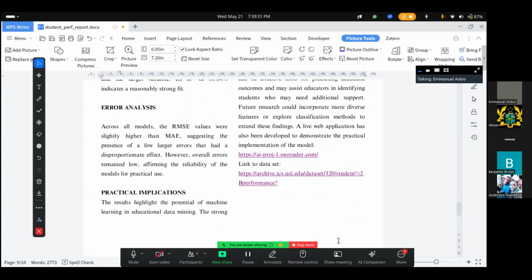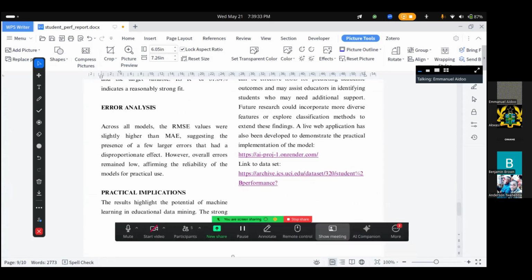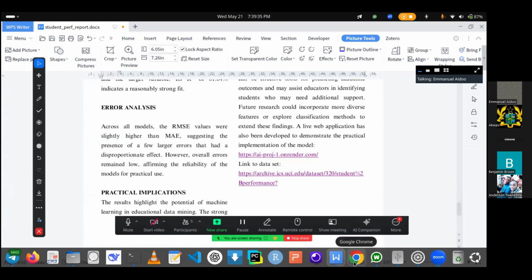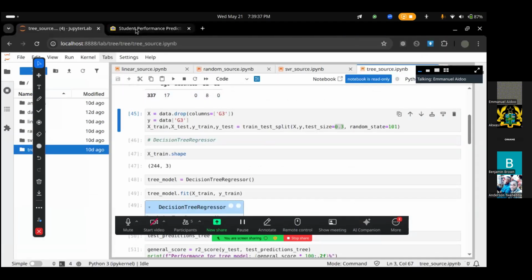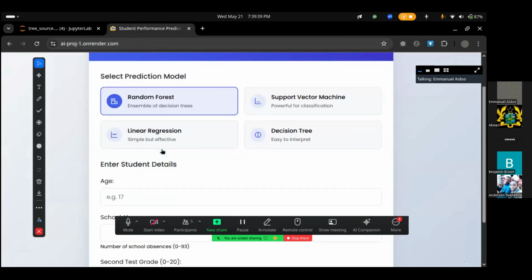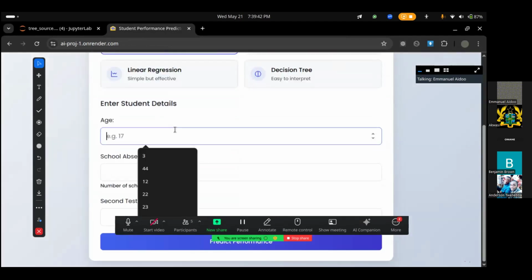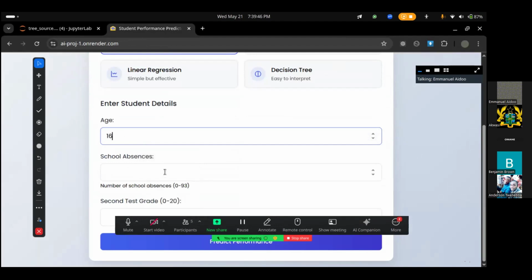This is an interface of our model where people can go ahead and then test our model. So this is the live test. We select a model, we input the student's age, and we see the student is 16. The number of times the student was absent, let's say 3 times. The initial score of the student, let's say